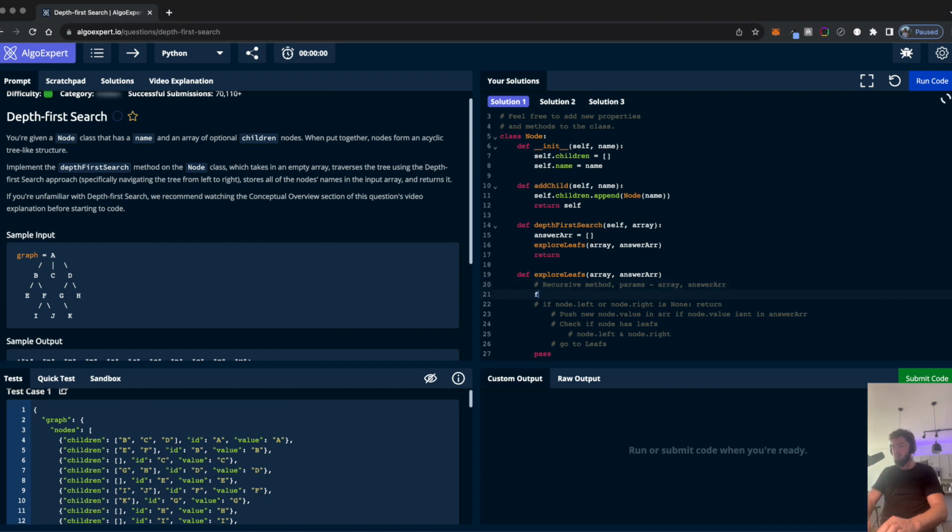So do we do for val in array, maybe we could take our answer array dot append val, if val is an array? And then how do we check if the value isn't in the array?